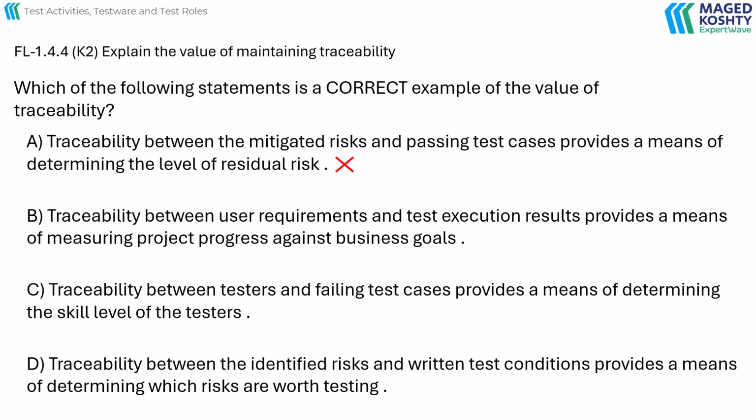To figure out the residual risk, there must be a way to link all the risks to test results. This way, the risks that don't match the past tests can be found as residual risks. Option B: